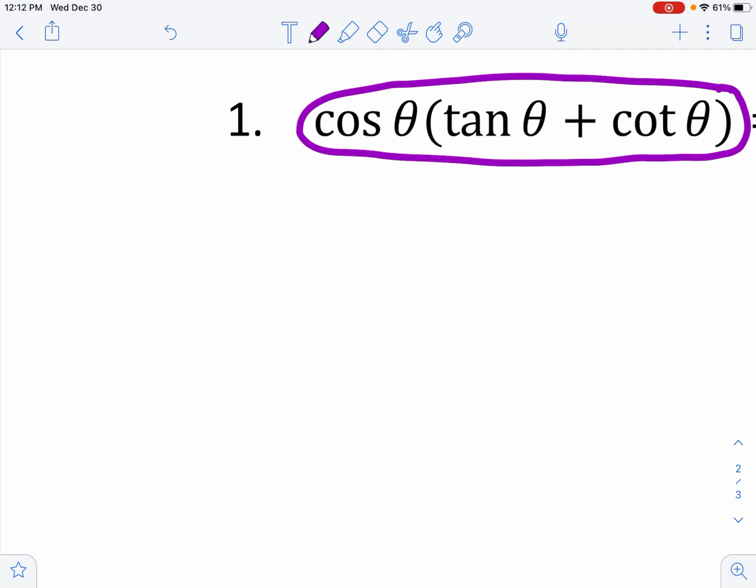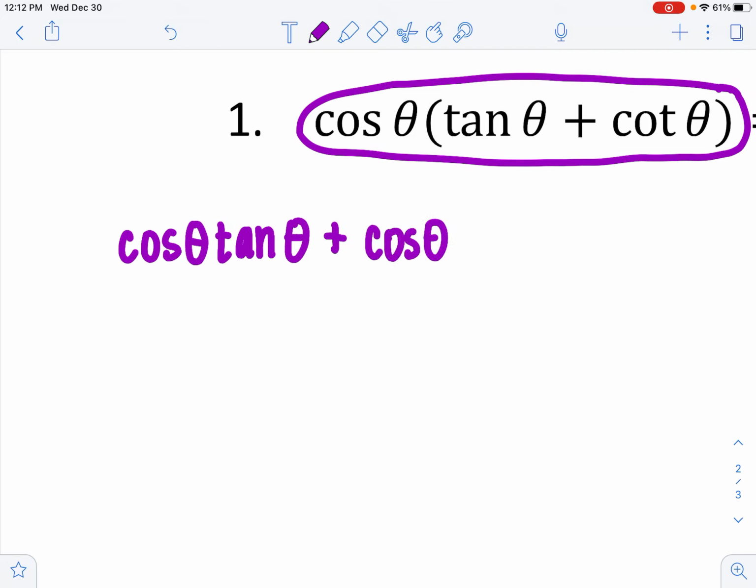Okay, so I need to decide what I'm going to do. So usually I ask for help in the class. What can I do? People say, oh, you can change tangent to sine over cosine. You can change cotangent to cosine over sine. And yes, this is all true. I will end up doing that. But the first thing I notice is that I'm going to have to distribute because right now nothing good's happening. So I'm going to distribute first. And if you changed things first, it's fine. You'll get there also. So that's cosine times tangent